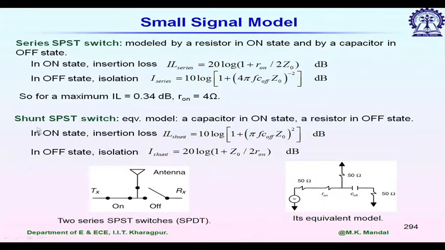So, how do we do the analysis? So, let us see, we are considering an SPST switch. Let us first consider series configuration. So, as I discussed, it is modeled by a resistor in on state and by a capacitor in off state. So, in on state, looking at the circuit whatever I have drawn previously, we can easily calculate what the S21 is. So, if I go back to my drawing,